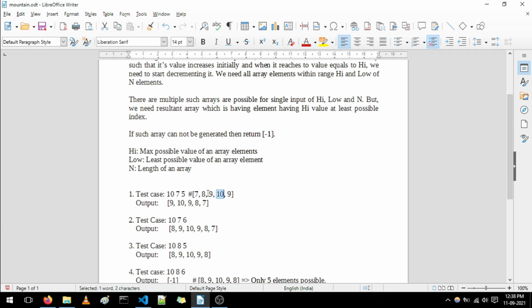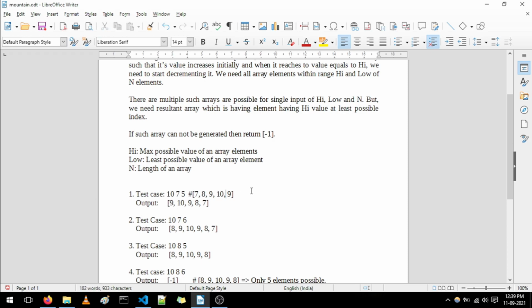So all elements are within range 7 to 10, and both conditions are satisfied. So this array is also possible as a resultant output, but there is a rule. We need the resultant array which is having the element with high value at the least possible index. So we need the resultant array in which the index of this highest value is least possible.